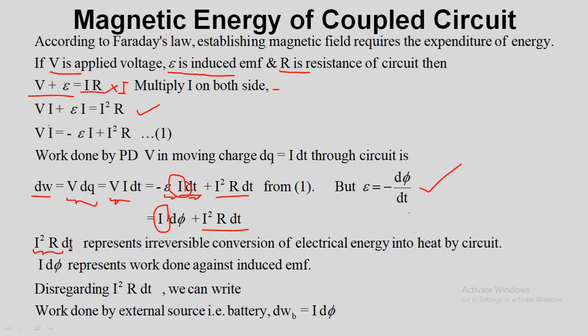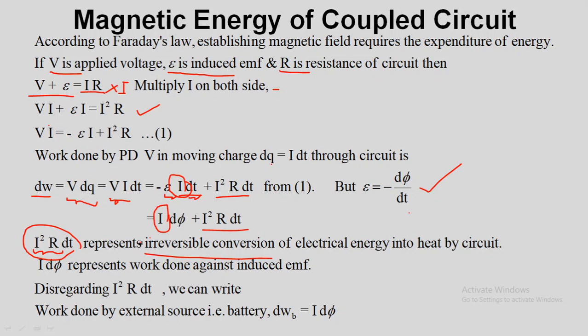Power into time, that is energy. So I square R dt represents that electrical energy which is converted into heat. Now it is an irreversible conversion, because the heat generated cannot be converted back into electrical energy. So it is irreversible conversion of the electrical energy. So the second term represents the power dissipation of that circuit, the power or energy which is lost to